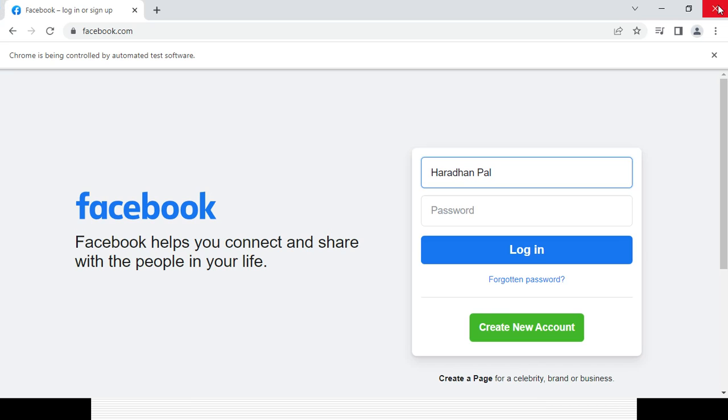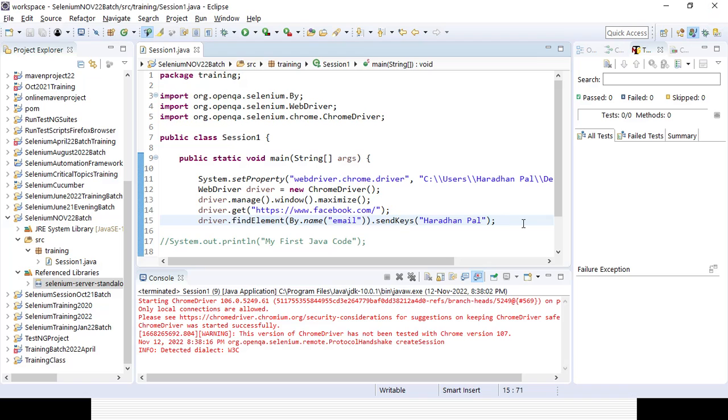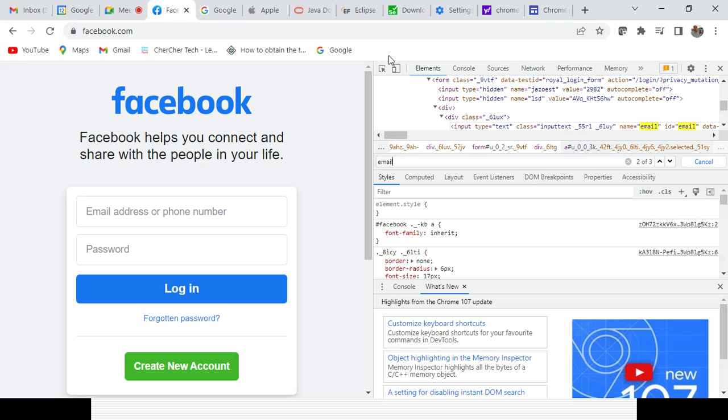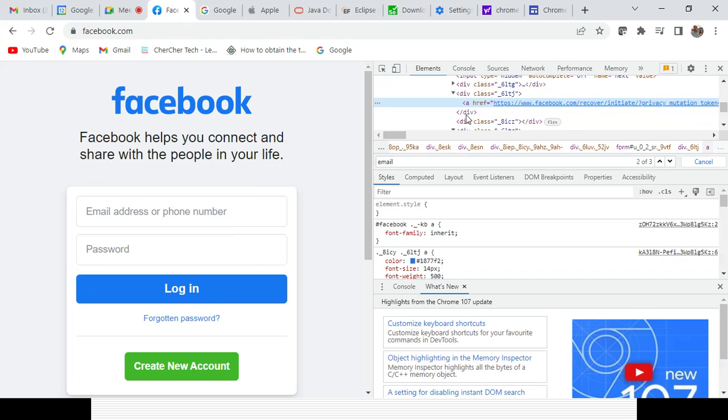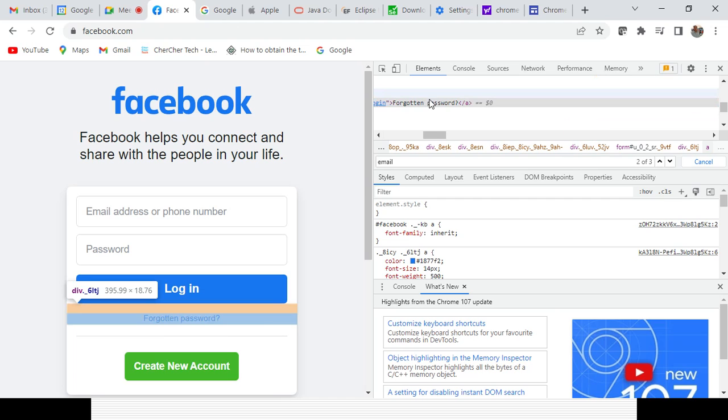But in case it is a link, here I need to click. So I can go with either the partial link text or the link text. Here I will inspect the element first. You can see it is coming with an a tag. And what is the link text? This is the link text here. In case you are using link text, you need to give the complete link text. In case you are using partial link text, you cannot give the complete one. You need to give some static component, either forgot or password. So I will copy paste it.